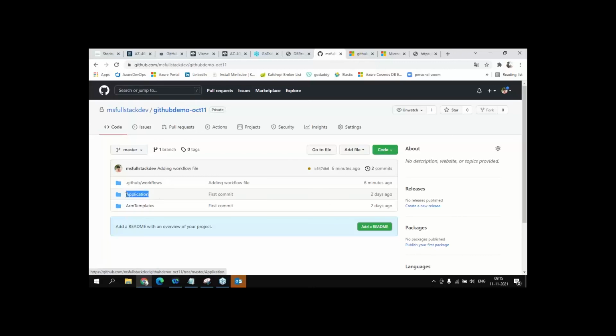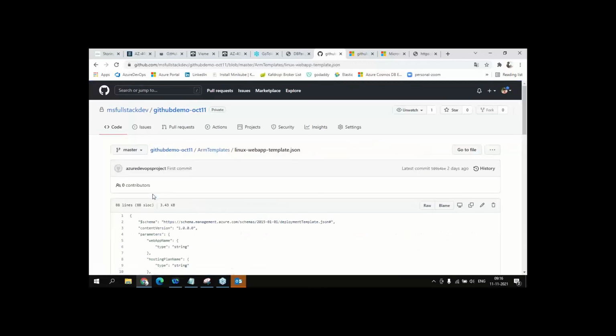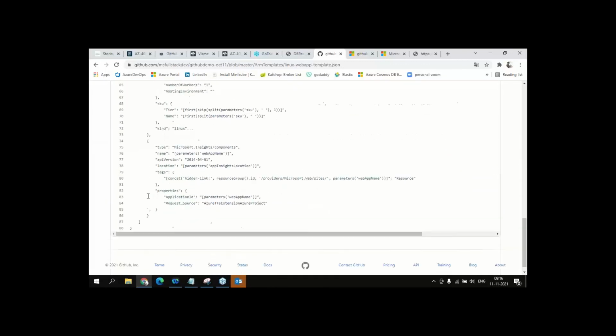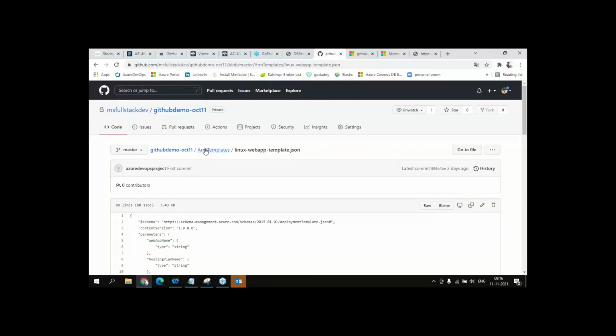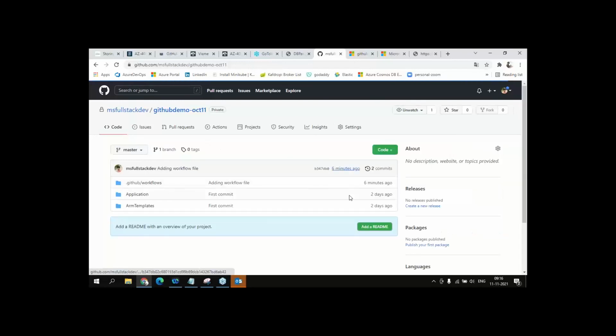Maybe the .NET Core we have chosen there, right? So this one will be taken there, and this one is the ARM templates. We have chosen the Linux web app, so that service is from Azure. To create that, the ARM templates will be used. So this is the script. With this script, they might create the Azure web app and all. So the ARM templates are for the resource creation, the web app creation, and the application will have the source code,